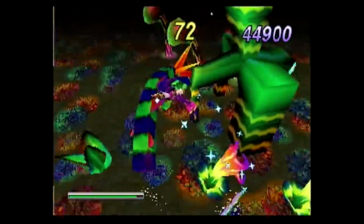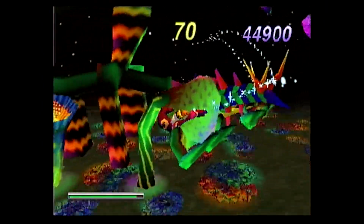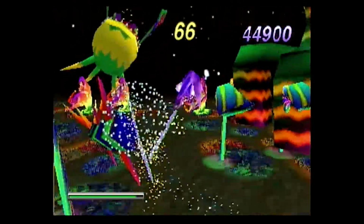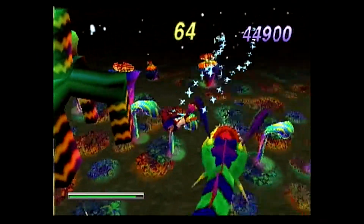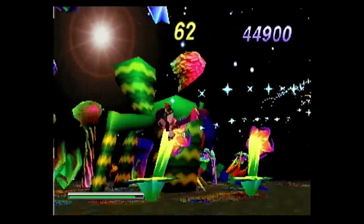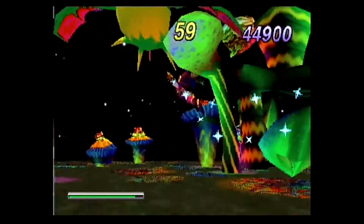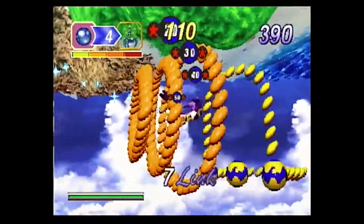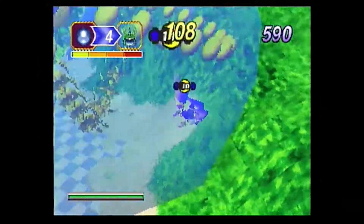That's right, if you fail to kill the boss in one go, you need to go all the way back to the beginning of the stage. They couldn't implement a life system instead? It seems pretty tedious to me. I guess the good thing is that these levels are only about 2 minutes long, but still it's kind of frustrating. Overall, I didn't really care too much for this game, and I was going to give it a scathing